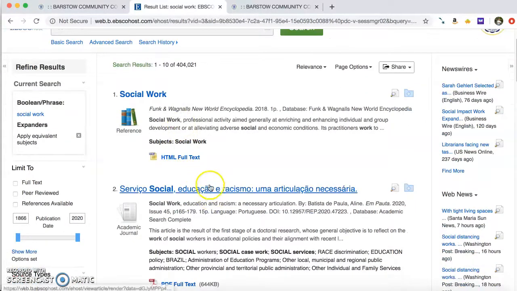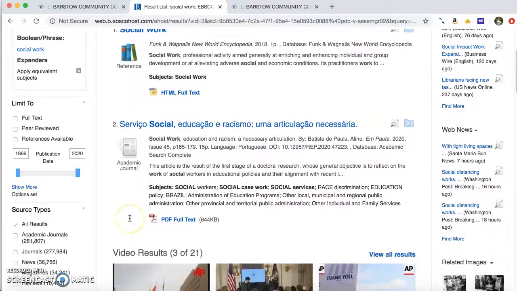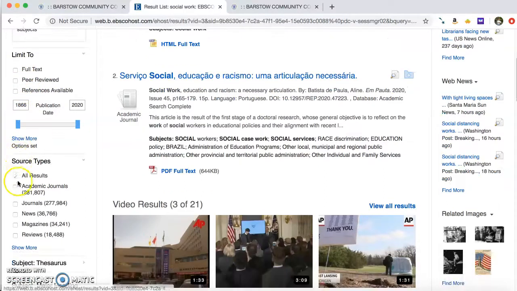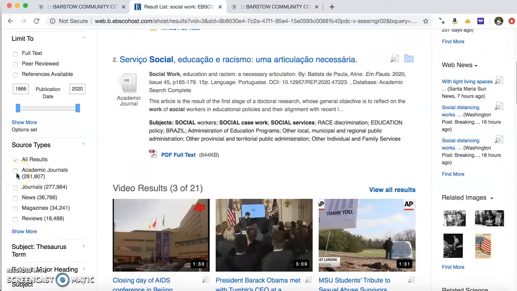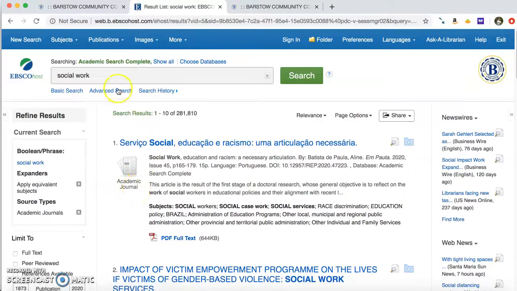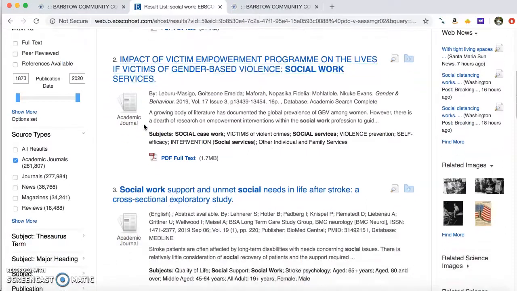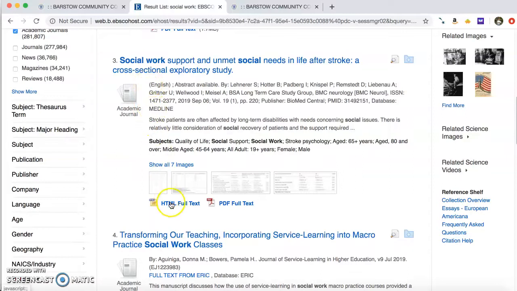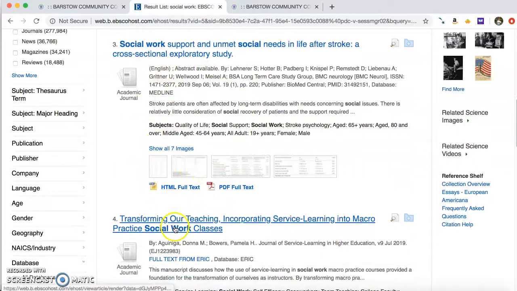In this one, we find one that's in Spanish, and it's an academic journal. There are many other search results. These are ways to limit our search, and we could search just for academic journals. We have ones that will list as just journals. We have ones that are news, magazine, and reviews. So we're going to limit it to just academic journals. So if we find one we like, we can go through each one of these and see if there's one we do like or